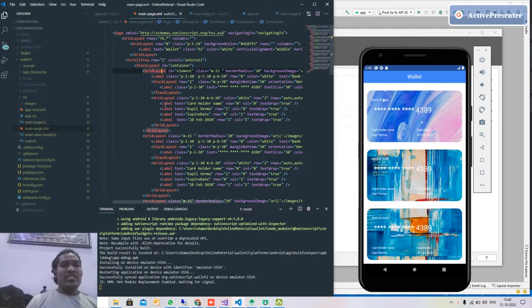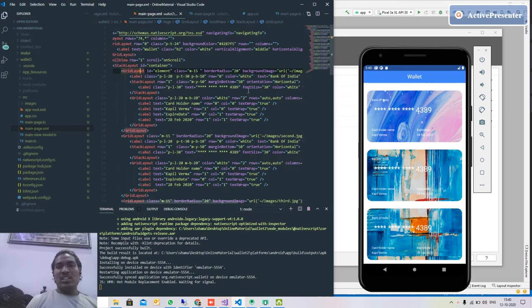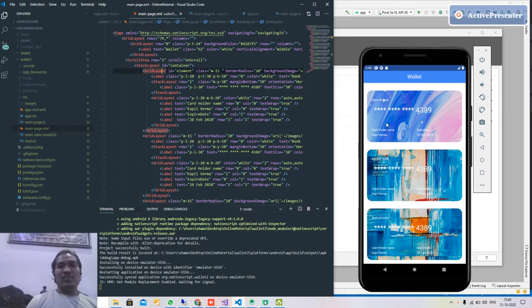Every card is divided into three parts. First is this upper layer, this Bank of India or whatever it is, second is this number area, and third is this card area where we show the card holder name and all.